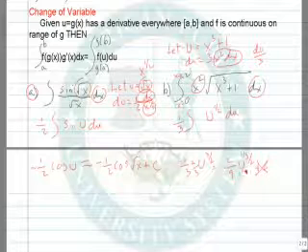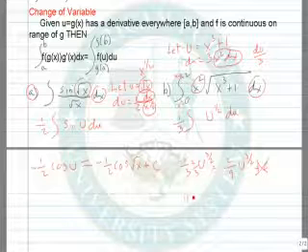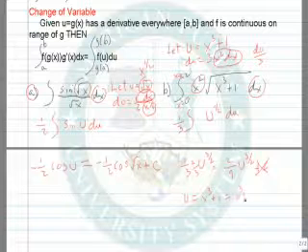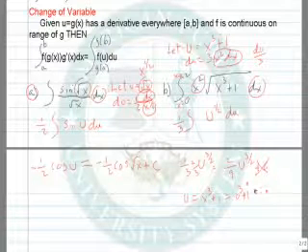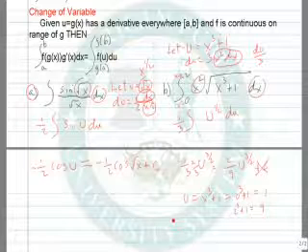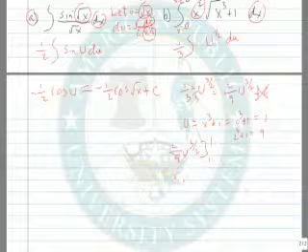Now we could switch this back to x's like we did in the previous example. However, an alternative method is that let's take our u values. Let's see, u is equal to x cubed plus 1. Our lower limit was x equal to 0. So if we replace 0, we wind up with a lower u value of 1. Our upper x value is 2. So if we replace x with 2, 2 cubed is 8 plus 1 is 9. So now if we evaluate this answer, 2/9 u to the 3/2 from 1 to 9, we wind up with